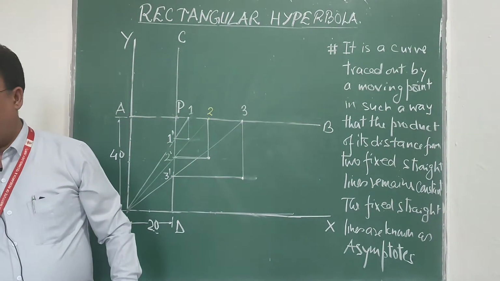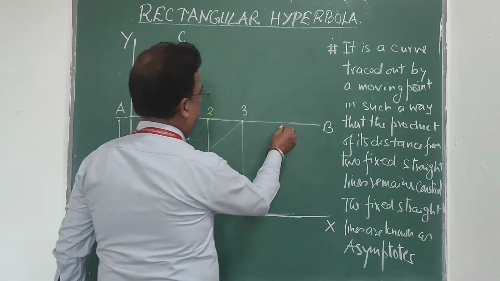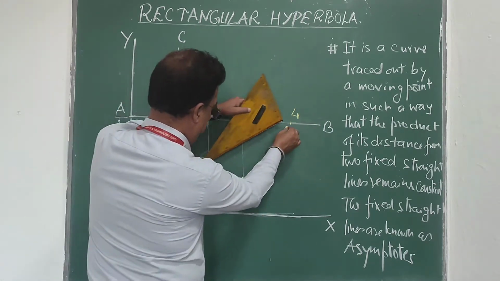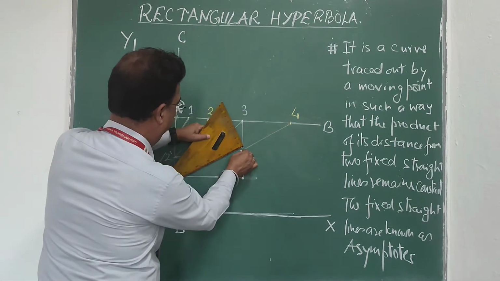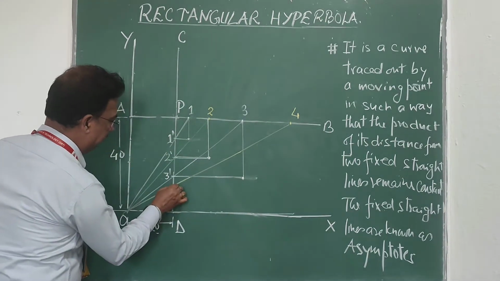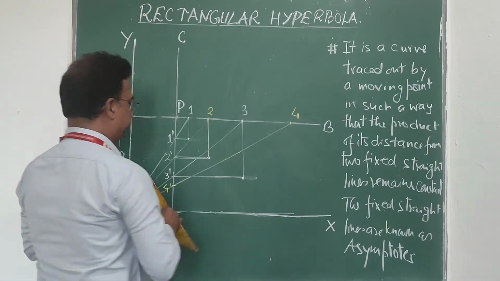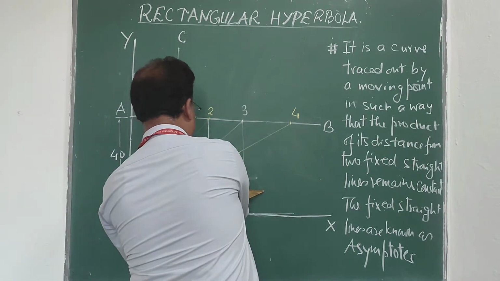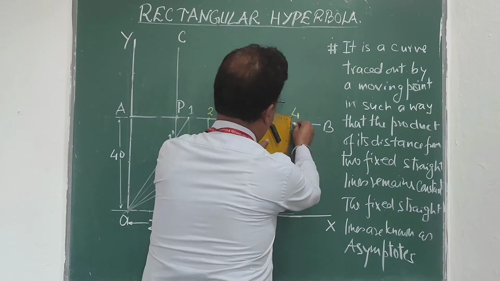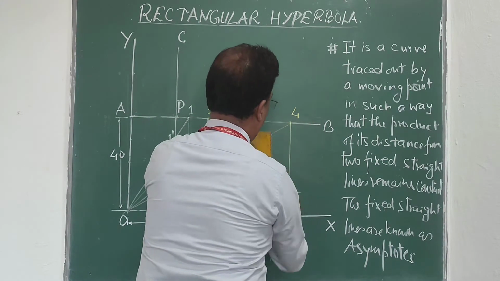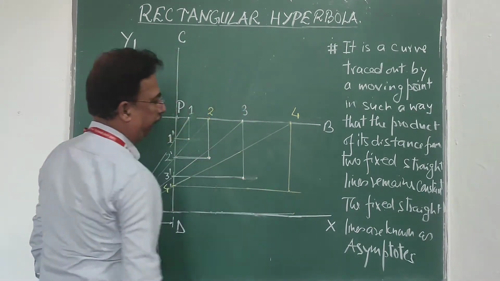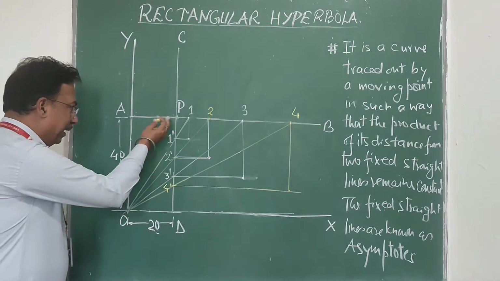I will take one more point. Suppose at this distance, that is point 4. Now join this point 4 with O. On the way, it cuts at 4 dash. Now from this 4 dash draw a line parallel to OX, and from this 4 draw a line parallel to OY. So already I got 1, 2, 3, 4 and 5 points. Same method I will adopt,